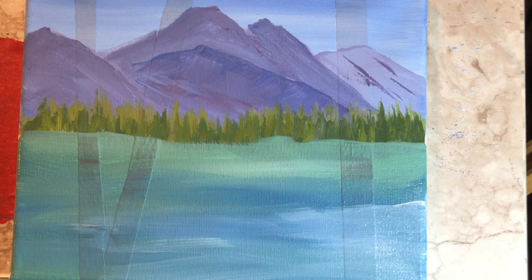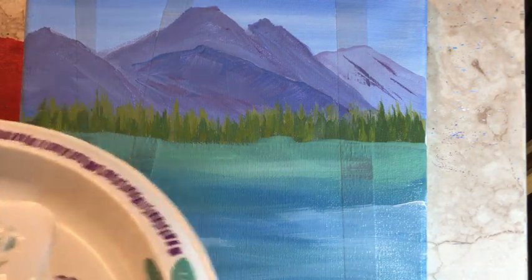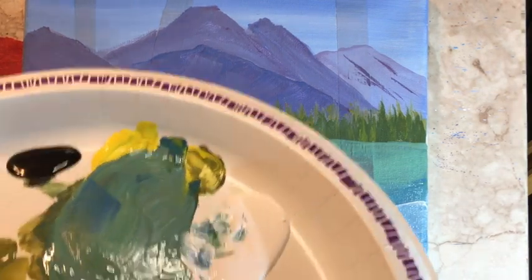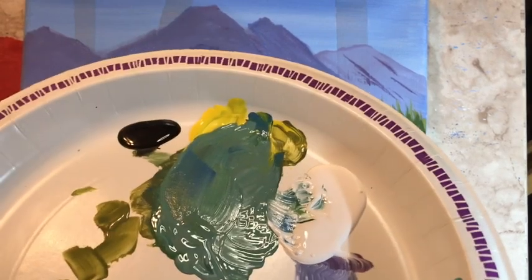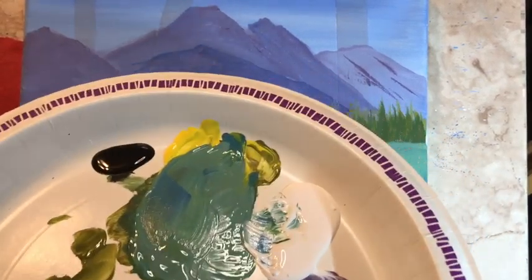Now this is where we're going to put the reflections in. So this is where you need your greens. And you don't need to use more than one green. We're just going to use the main green that you had. If you need to mix it up again, mix it up again. And remember, it's